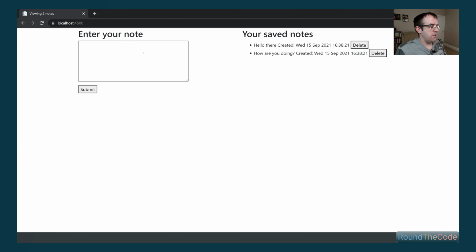Our application has loaded for us. Let's write some messages in here. Let's just put in a simple message there. You can see that's created absolutely fine. Now remember, we created the exception where the message starts with A. So let's go ahead and do that and see if it's going to throw an exception for us. We're going to type in a message there. As you can see, it hasn't rendered the message, it's rendered our exception, and it's rendered our error message there, saying the note message can't start with the letter A.